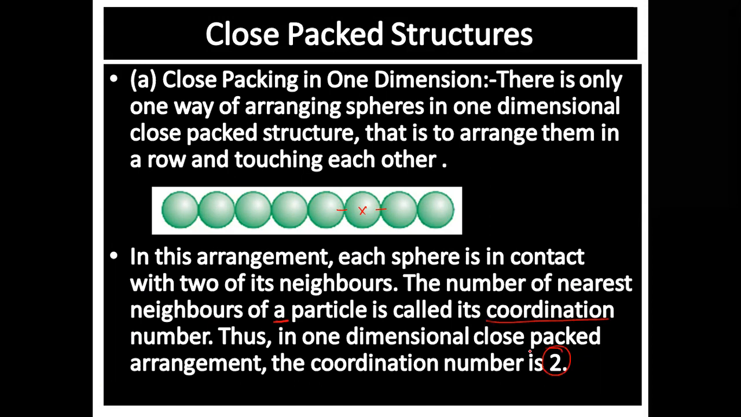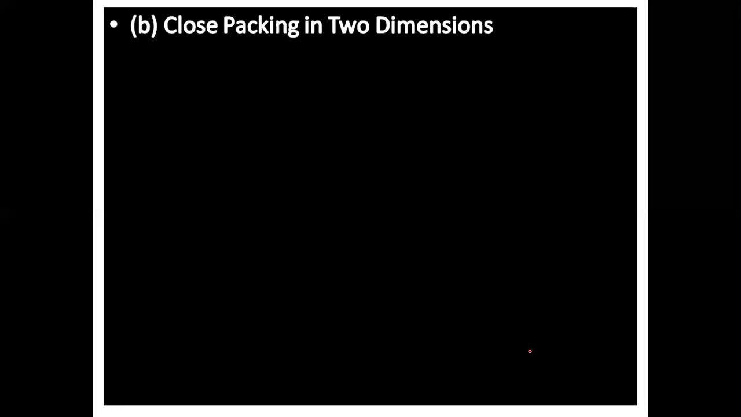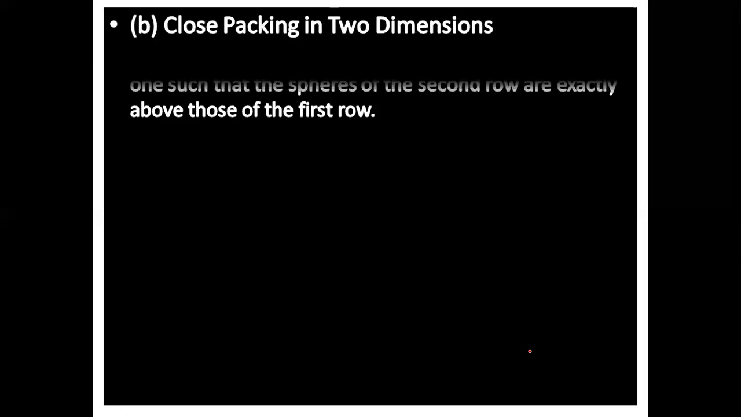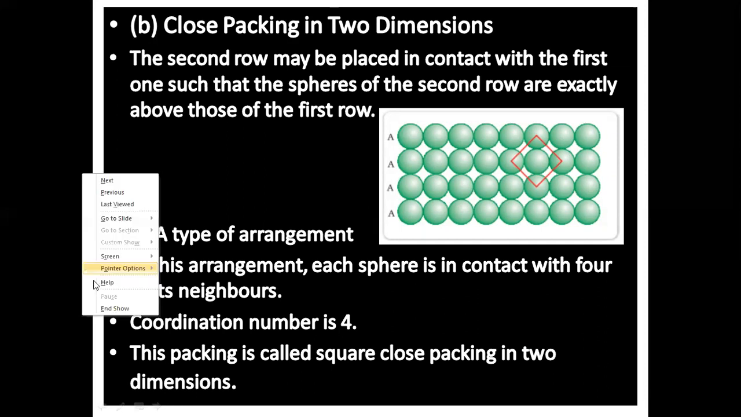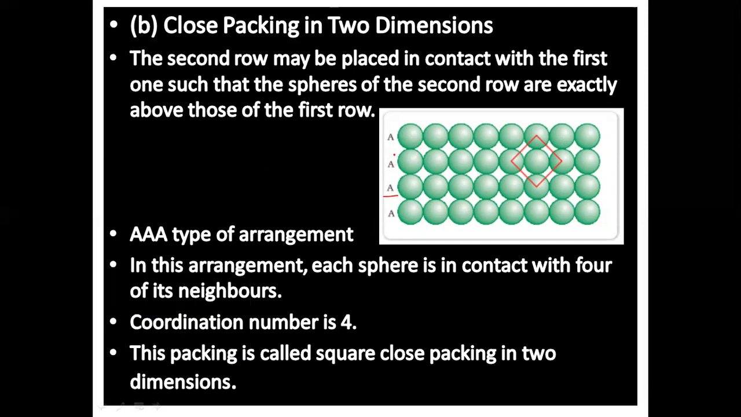When rows are placed over each other, a two-dimensional close packed structure is produced. This can be done in two ways. First one is when the spheres of the second row are exactly above those of the first one. Then this type of arrangement is called AA type arrangement. And in this case, each sphere is in contact with four of its neighbors: 1, 2, 3, 4. It means its coordination number is 4, and this packing is known as square close packing